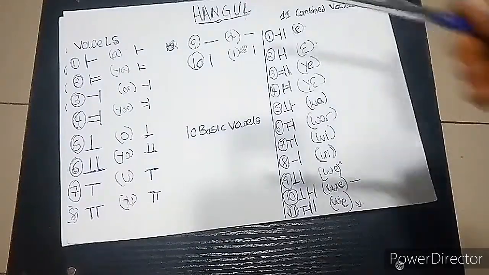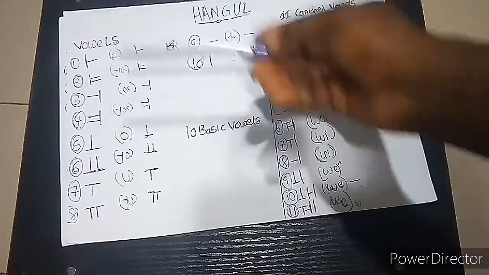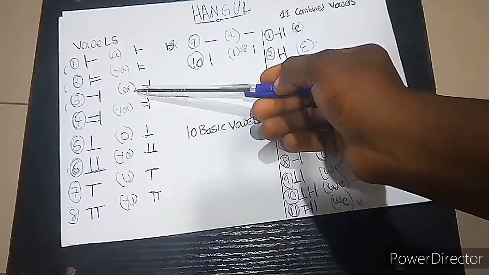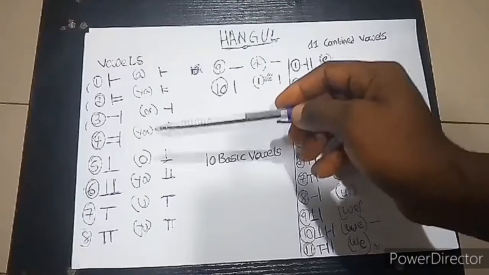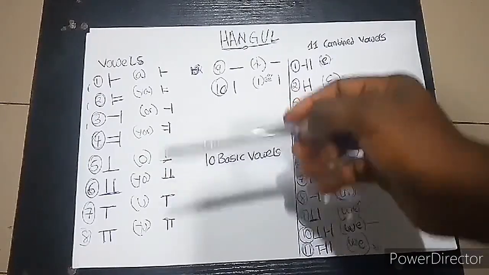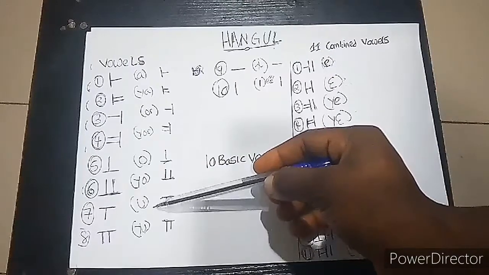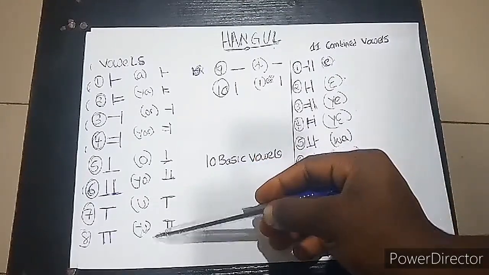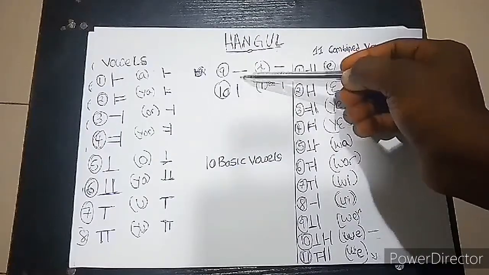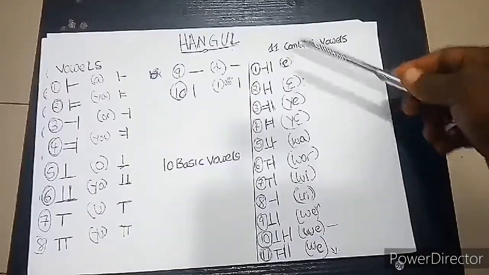So I'll take the pronunciation again from the beginning. So this is ah sound. Ya sound. O sound. Your sound. O sound. Yo sound. You sound. E sound. So now for the combined vowels, we have